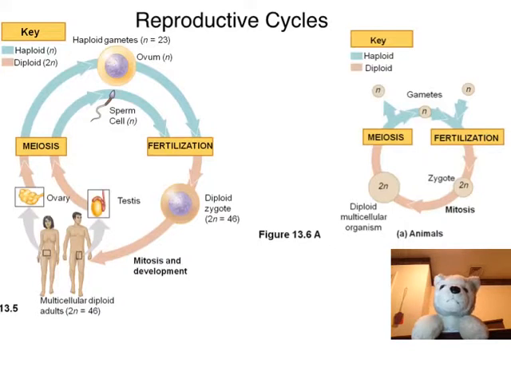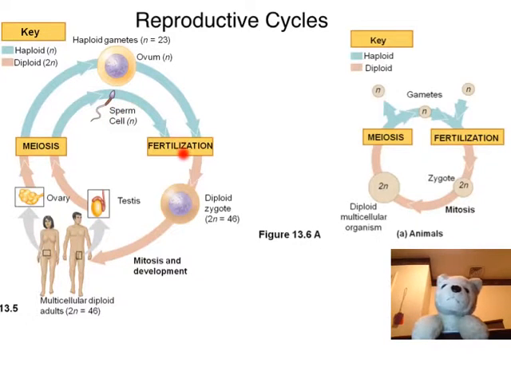Anyway, our reproductive cycle is going to basically be we are diploid organisms. Everything about us is diploid, and everything happens through mitosis. The only exception is that meiosis can happen here in the gonads, either the testes or the ovaries. Meiosis happens to produce individual cells that are haploid, so we have our gametes here that are haploid.